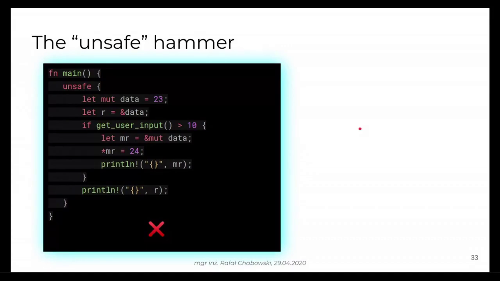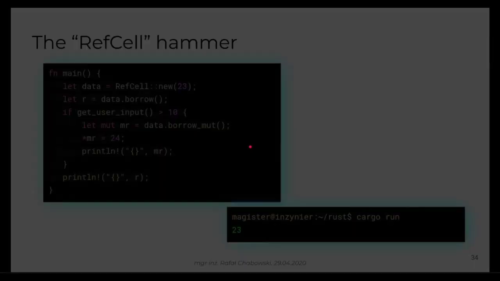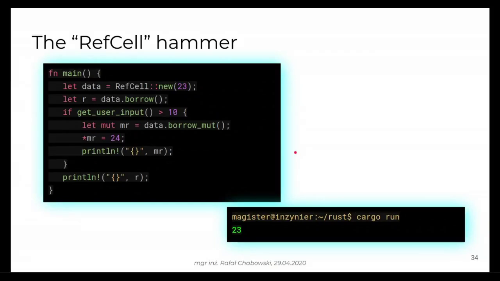Well, unsafe. Yeah, we have this unsafe feature in Rust. Let's try to do it like that, but unfortunately it's not going to work. Unsafe doesn't mean that borrow checks are not enforced. So even if you claim your code might be unsafe, Rust will still enforce the borrow checking rules, and it will even happily let you know that this unsafe block is completely not necessary here. So we got another hammer in our toolbox.